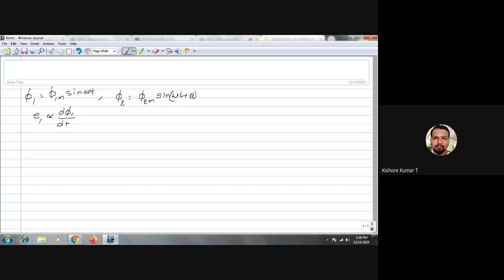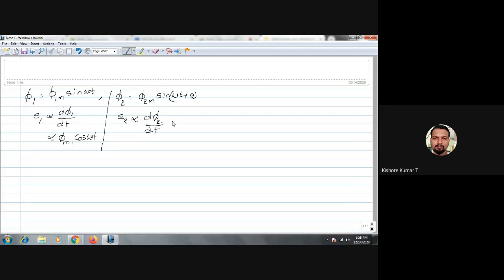So according to that, I had written this equation, and substituting phi 1 in this, you can write this as proportional to phi 1m cos omega t. Correspondingly, you will get E2 as the EMF induced due to flux phi 2, d phi 2 by dt,